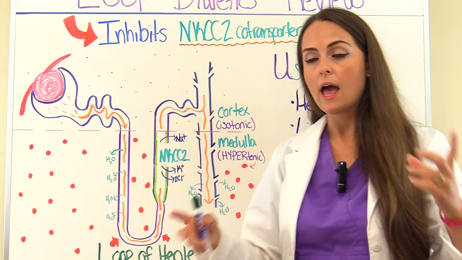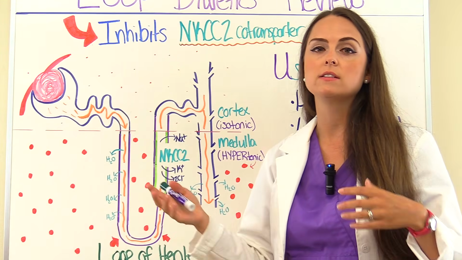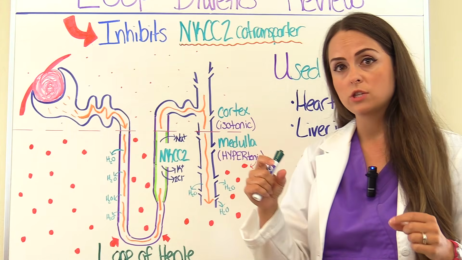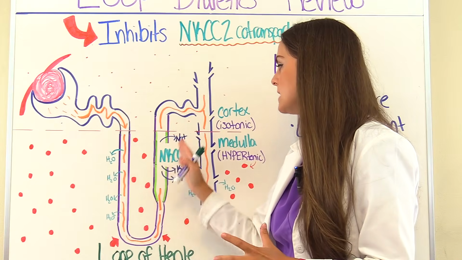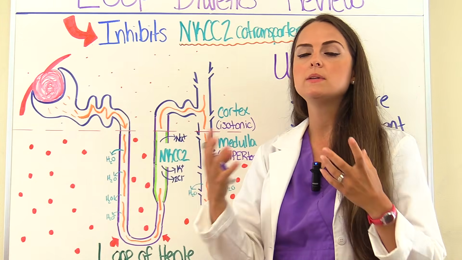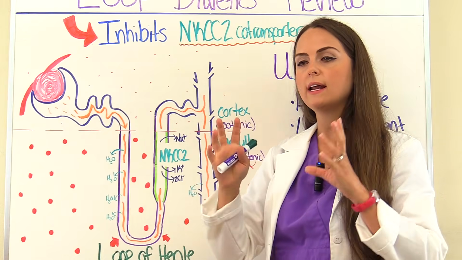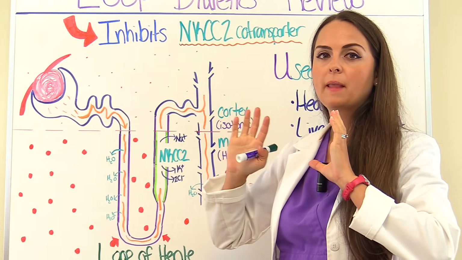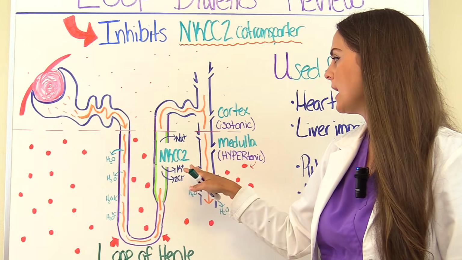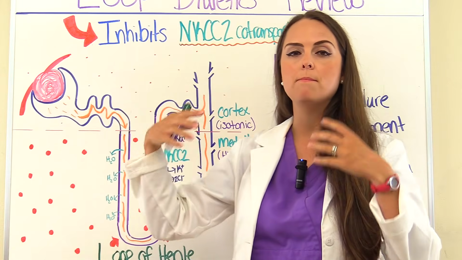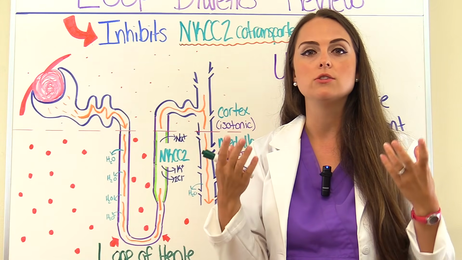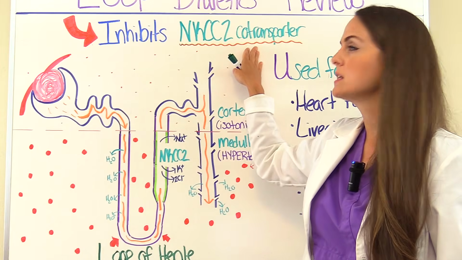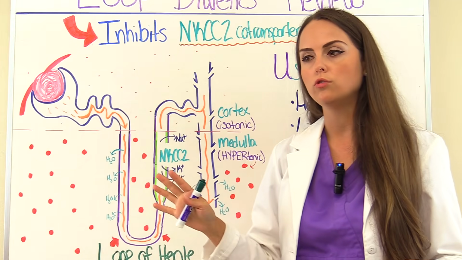Also working as well, doing its ion exchanges like the sodium-potassium pump. You can have potassium chloride channels and calcium channels. And all of this together is creating this positive potential, this concentrated electrical gradient that could normally take this calcium and this magnesium and force it out of this filtrate to go back into the interstitium and be reabsorbed into the blood. But if we inhibit this cotransporter, that's going to throw those things off and we'll lose that